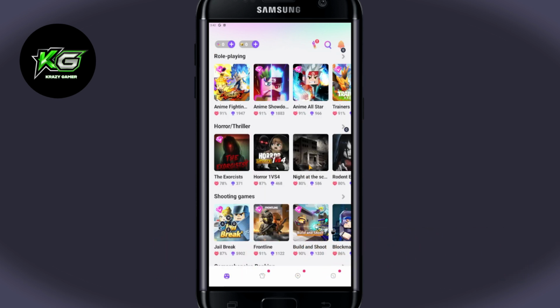First of all, open up the Blockman Go game on your device. And once you open it up, make sure that you have logged into your account using your social accounts or through your credentials. After logging in, you will end up within the homepage, from which you can browse through various different games. Now, if you wish to change your in-game username, just tap on the profile icon at the bottom